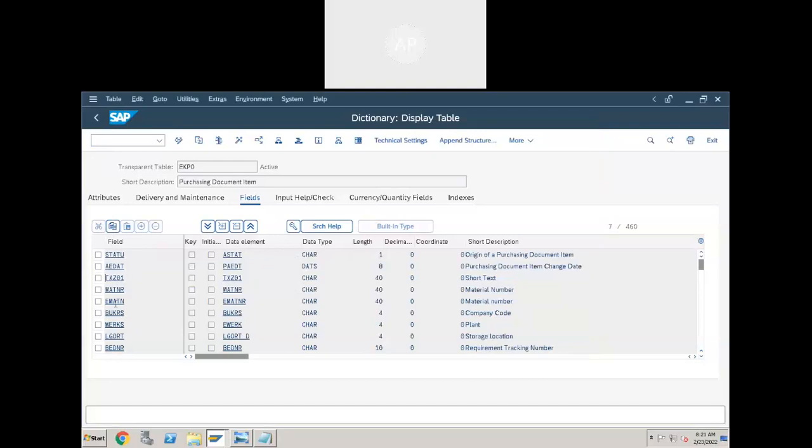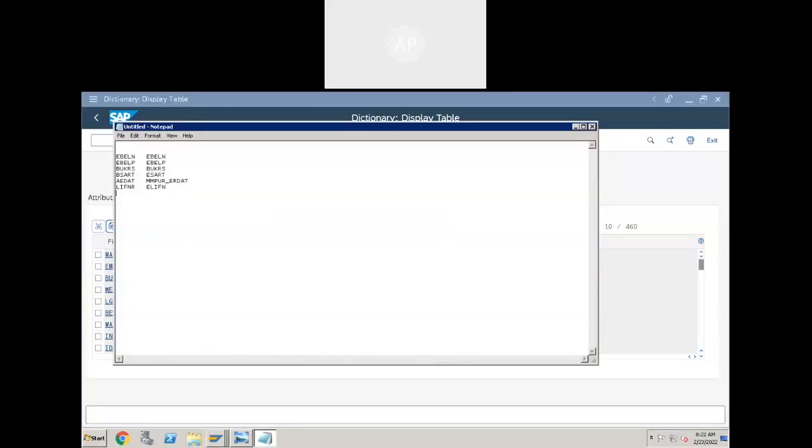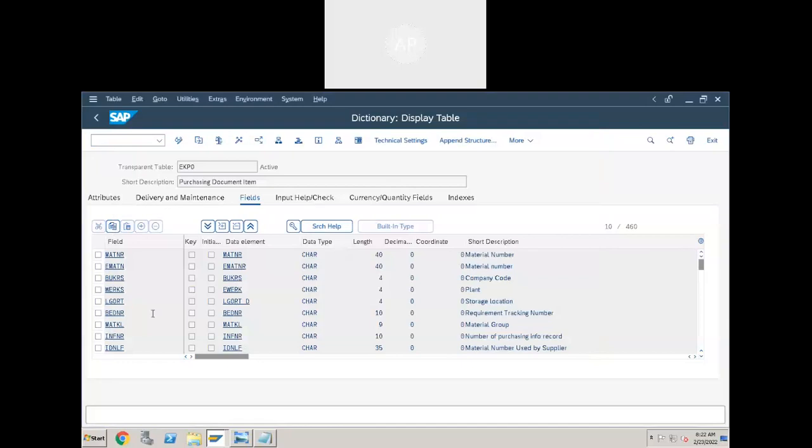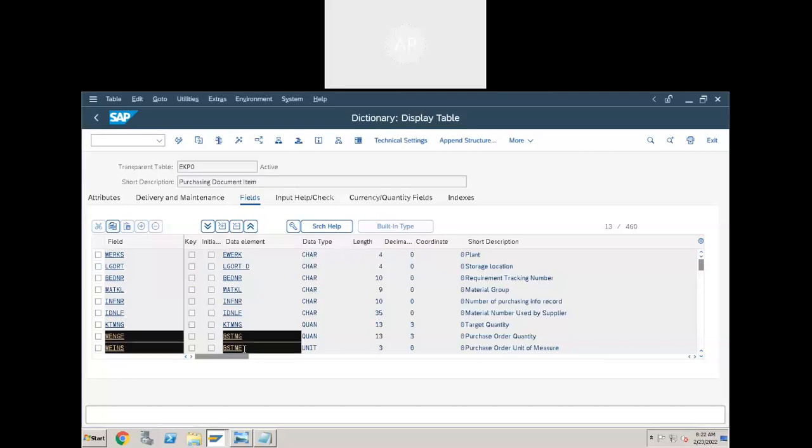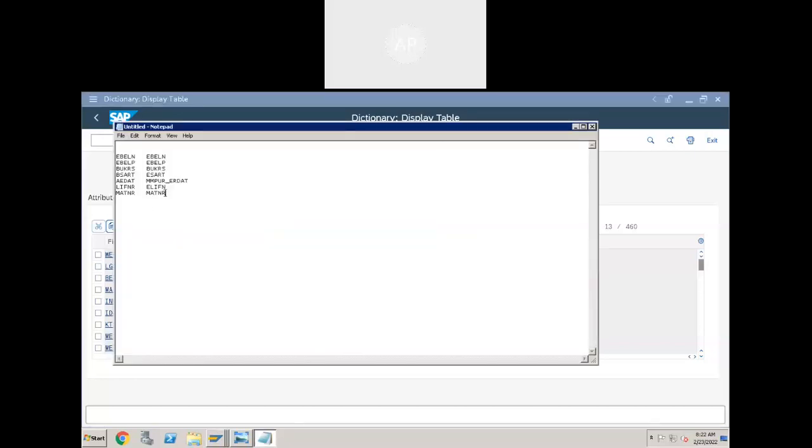And I want material from here. That is MATNR. And quantity. What is the quantity you have ordered? That is this one. MENGE, MEINS. MENGE is the quantity, MEINS is the unit of measurement.